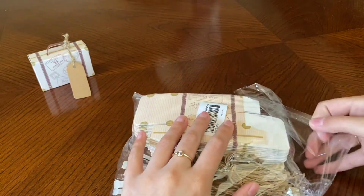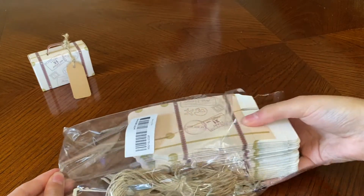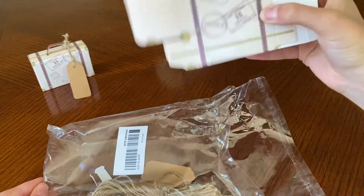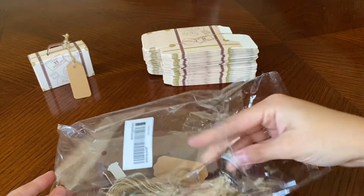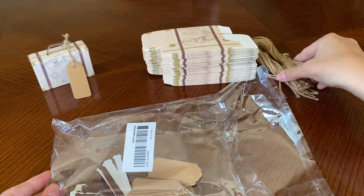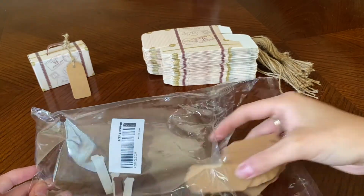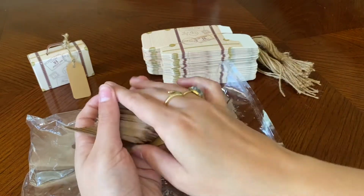I honestly don't think that they really tie in with anything that we covered over the year. I just thought that these were literally the cutest things I've ever seen. So if you have somebody that's having a going away party, I suggest these as little party favors because they are so cute and so easy to assemble. Like you see here, everything comes individually